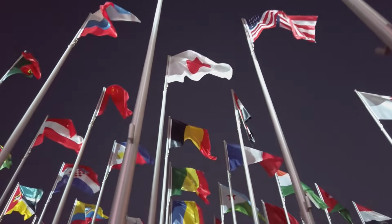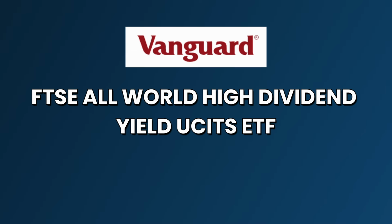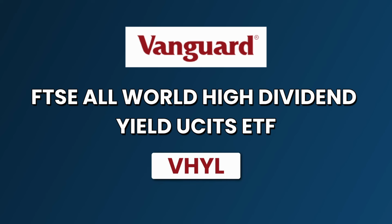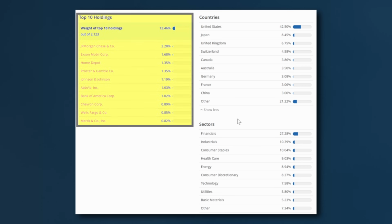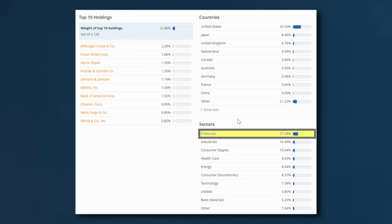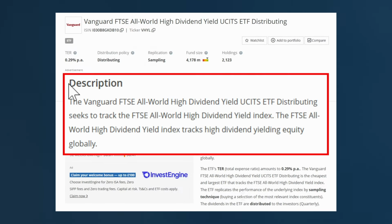And this next one is one of the most famous, which is Vanguard FTSE All-World High Dividend Yield UCITS ETF with a ticker of VHYL. Being a global ETF, this one provides diversity that was maybe lacking a little from the others featured so far, with far less weighting being afforded to the top 10 companies at just over 12%. Financials, which is still the largest sector, takes a lesser 27%, and there is a better overall sector balance in this fund. This ETF passively tracks the FTSE All-World High Dividend Yield Index and consists of 2,123 global large